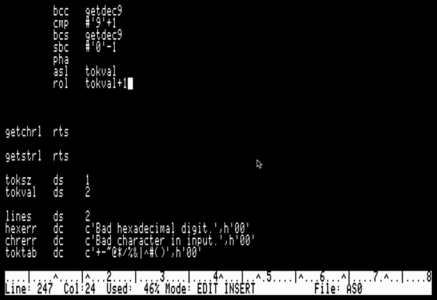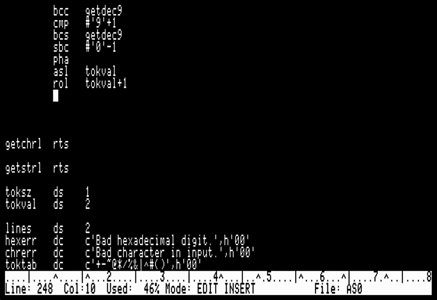Then we do ROL, which puts the carry bit, which is coming from the high bit of the low byte, into the low bit of the high byte. That sounds like a tongue twister. And then the high bit of the high byte goes out into carry, but we don't care about that. We're just going to ignore it. It's disappearing. Okay, that multiplies this by 2. All right, now we need to